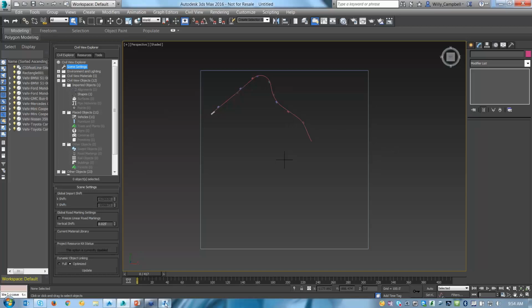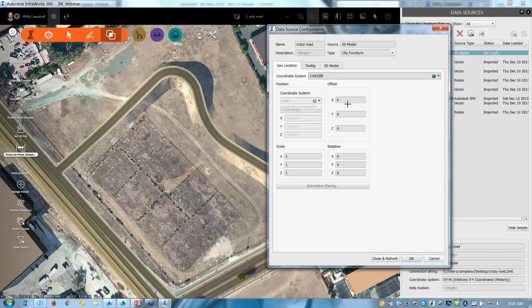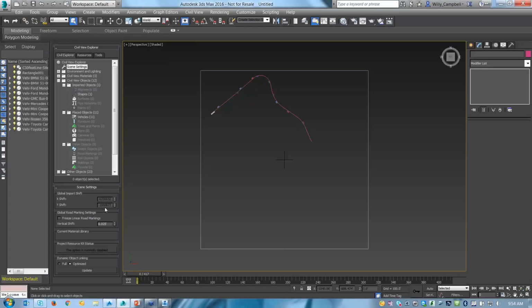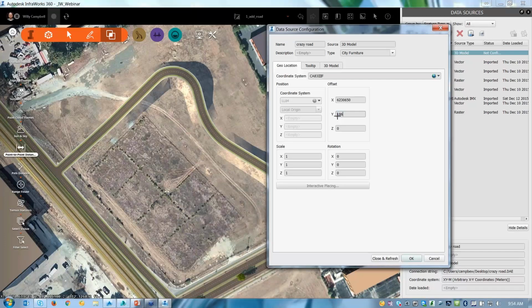So inside of InfraWorks, when I configure it, I want to move it in the positive direction. So 623.0650, and then in the Y direction, 1866673. So these are the default offset settings, and I'm not going to mess with the scale right now